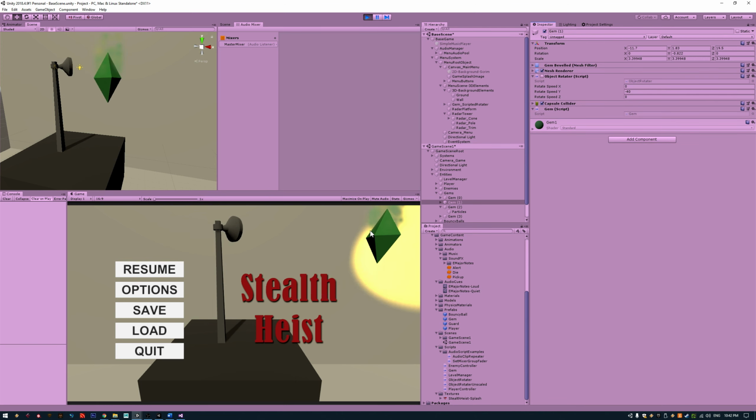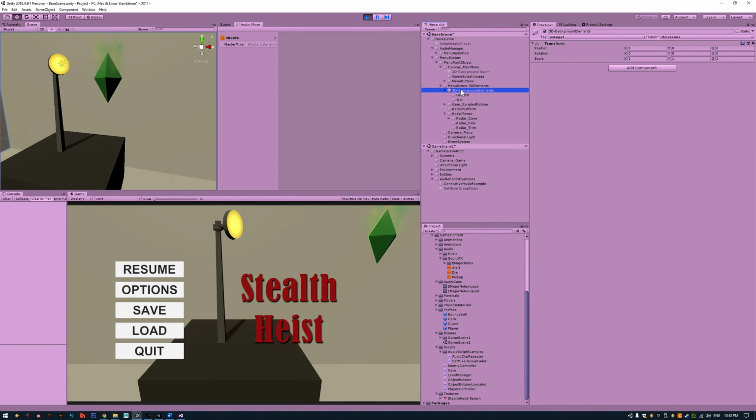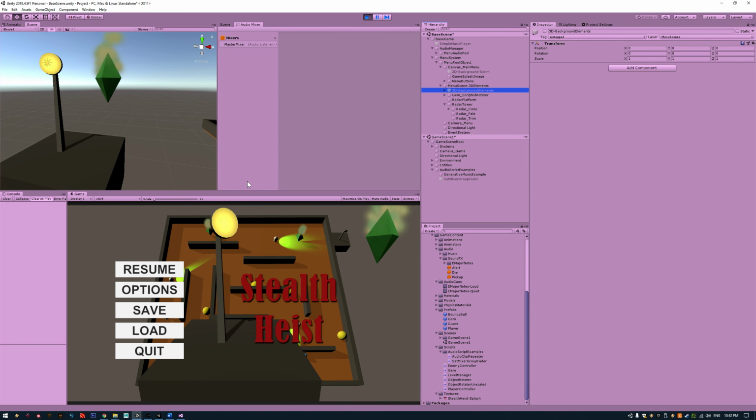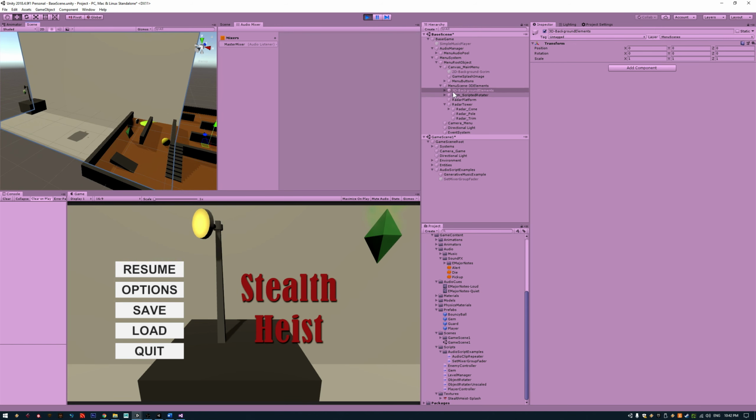Now, the other thing is, let's try to clean this up a little bit. Say, let's turn this 3D background, the ground and the wall, off. Okay, so we can see both scenes now. Actually, let's turn them back on. Now, the issue I was having is I have a